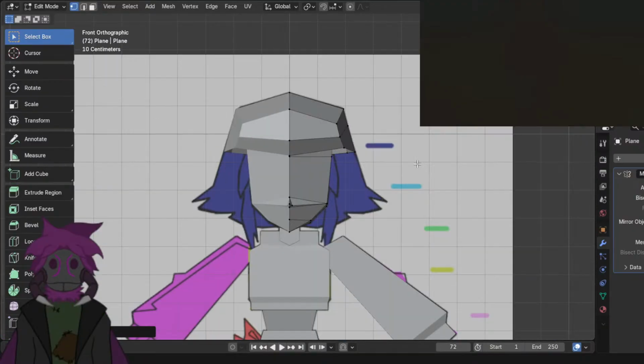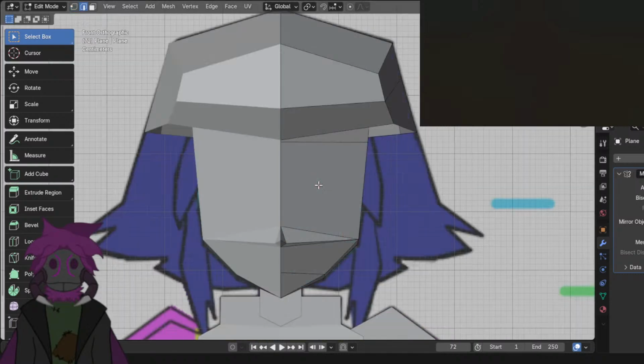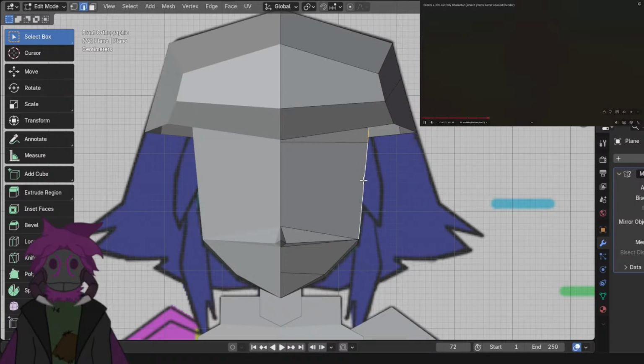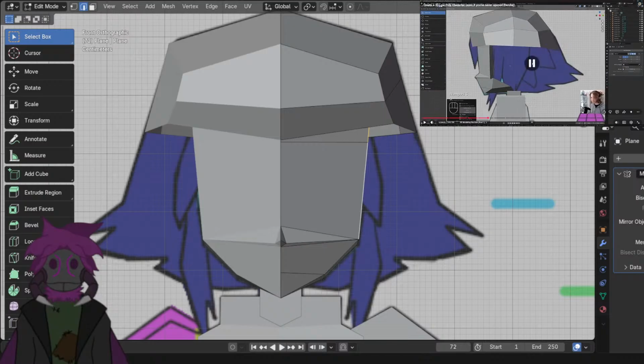To do that, all I need to do is press 2 to go into edge select. Then I want to click on this edge right here, and shift click this edge right here. Then I'm going to press E to extrude these edges out and create some new faces here. Then I'm going to go to the side view by pressing 3 and just move